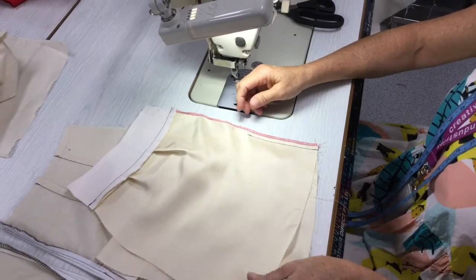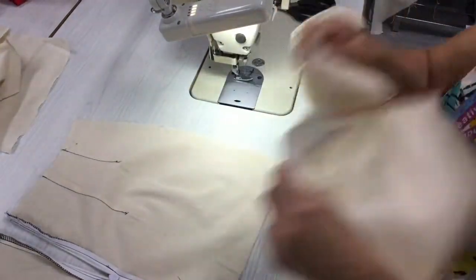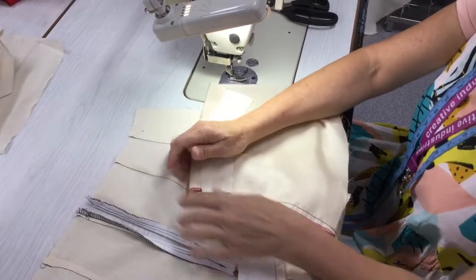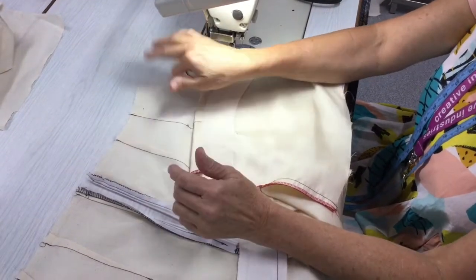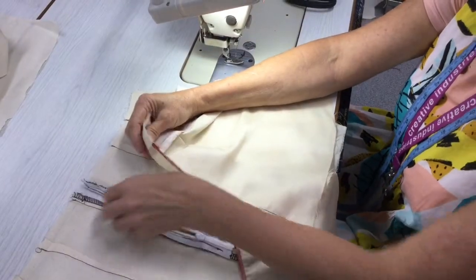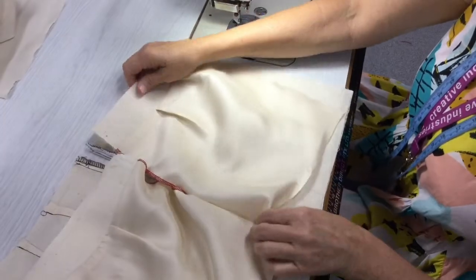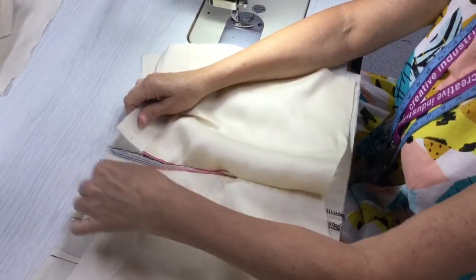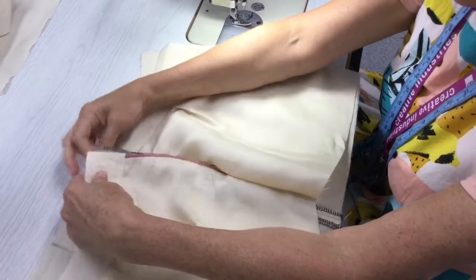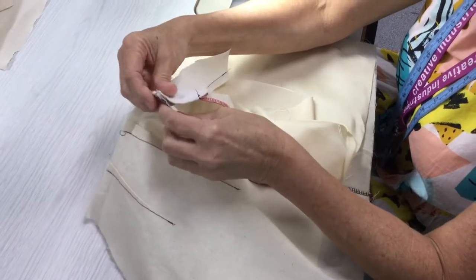So there's my centre back seam stitched, and now I'm ready to bag out my lining and facing around my zip. And we do this before we finish the waist off. The waist seam gets done after you bag out around the zip. So I'm just going to place that so it's wrong sides together, and this is where it's going to get stitched in. So I'm going to sew that right sides together,